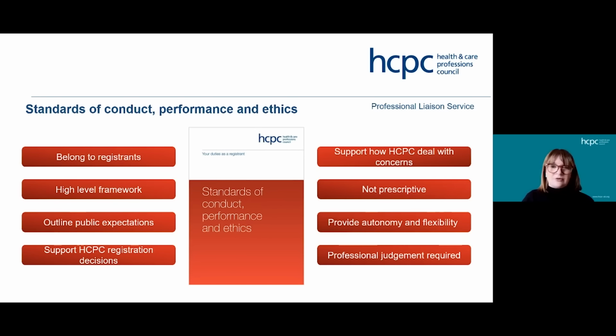We shouldn't forget though that these standards also belong to another important group of people, and that's the public. So they outline very clearly what the public can reasonably expect from their HCPC registered health and care professional. Thus, the HCPC requires to use these standards in two main ways, really, to help us make decisions about the people who apply to join our register and to help us make decisions about a registrant's practice when someone raises